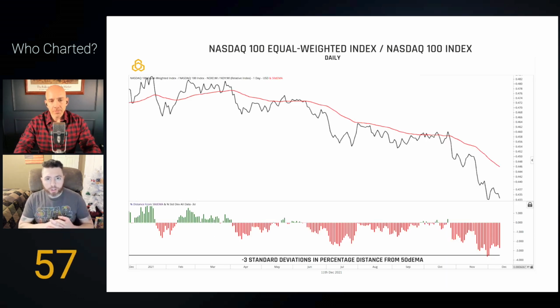All right, another breadth chart, right? I know some of you are rolling your eyes already, but let's take a look at the equal weighted NASDAQ 100 versus the NASDAQ 100, right? So breadth has been a problem here recently, particularly within the NASDAQ. But one thing that I want to point out is that it might begin to start improving. If you look at the bottom pane here, this is percentage distance from the ratio and its 50-day moving average. If we go back and look at that throughout time and look at the whole data set, we're now